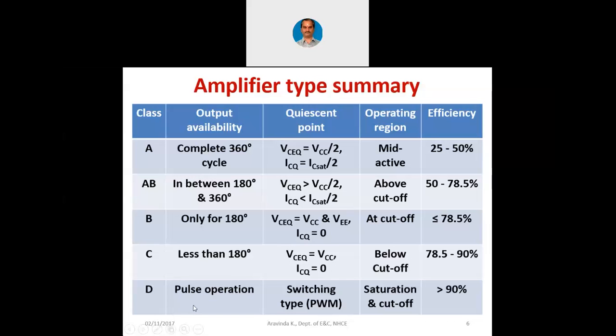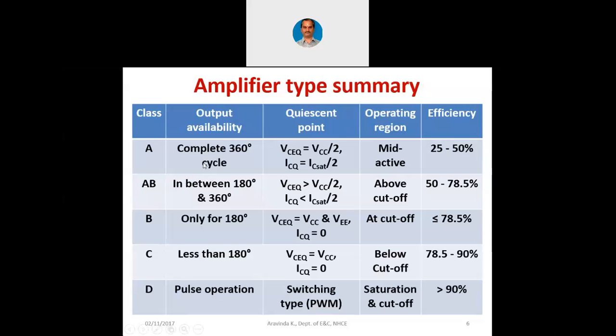Now class D is a pulse operation where it is a high speed switching. It is called PWM, pulse width modulation. Let me not talk about PWM now. When I discuss the block diagram of the class D amplifier, at that time let me tell you. That is at the end of this module. Now in case of class D, the transistor will be working only between saturation and cutoff. It will not be in active region. It is working like a switch only. So you can see here,